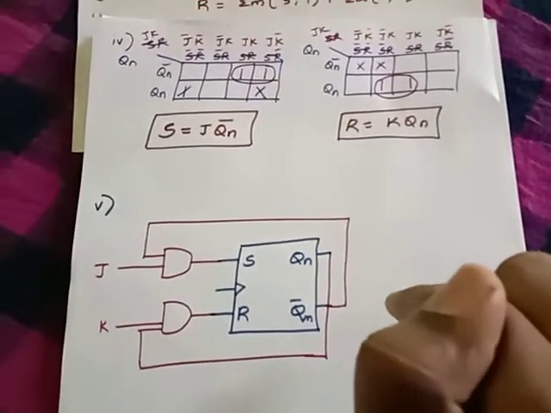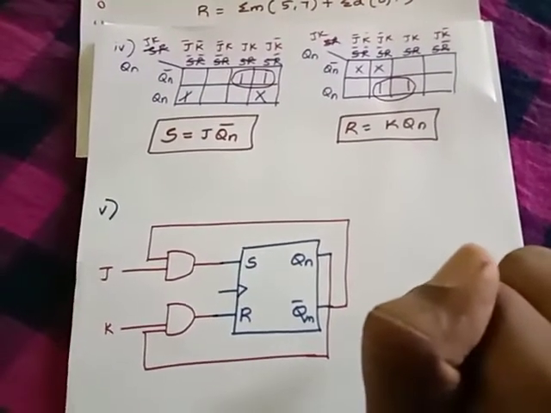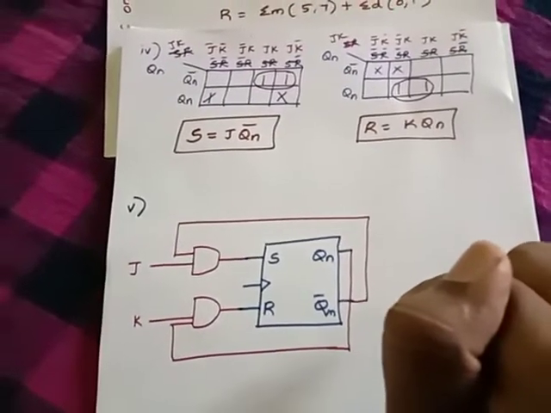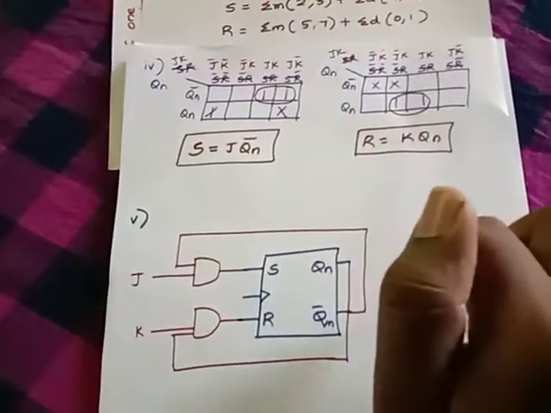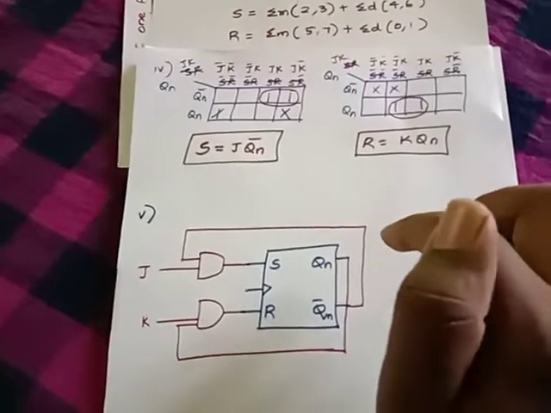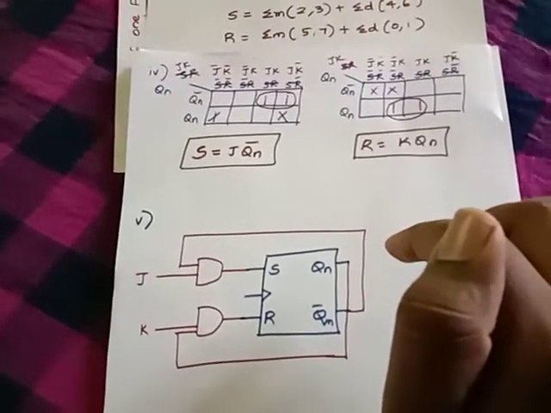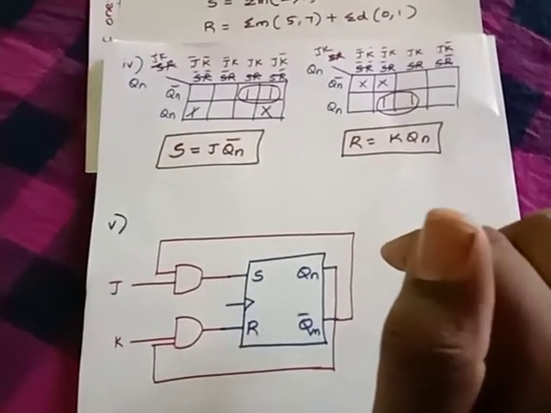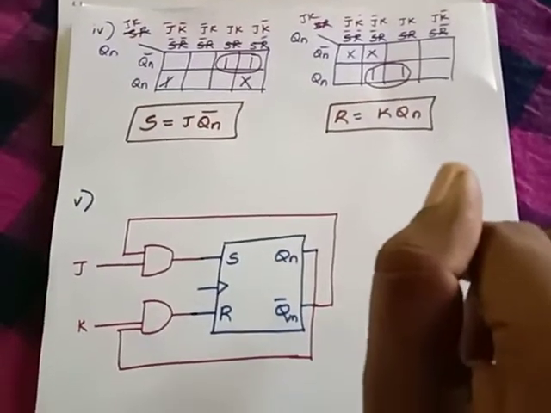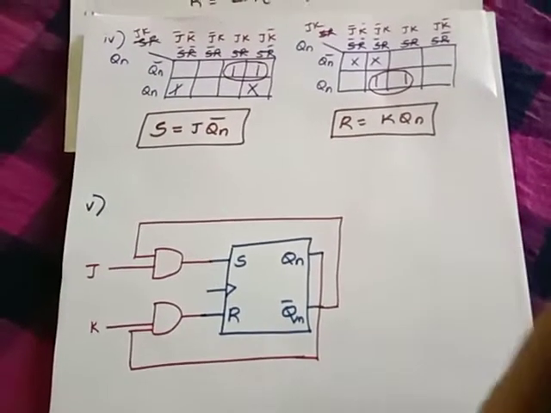I hope you remember this when we were talking about the JK flip flop in first. We have been discussing our operation with this circuit only, and I told you at that time that I'll be explaining later why we are adding an AND gate. I hope now you understood. This is the procedure for converting one flip flop to another flip flop.